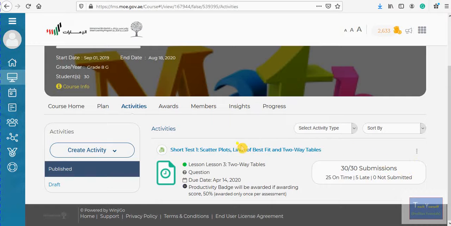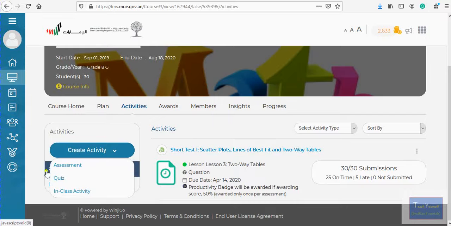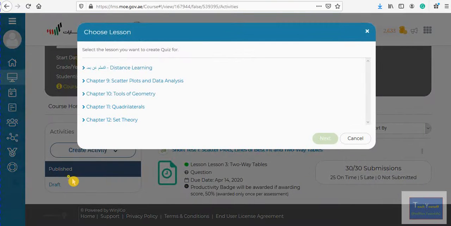Okay, so now how do we create an activity for the students? You come to this button, create activity. There are 3 types of activity you can create. We have the assessment, we have the quiz, and we have the in-class activity. Let's say I want to create a quiz for them. Under the quiz,